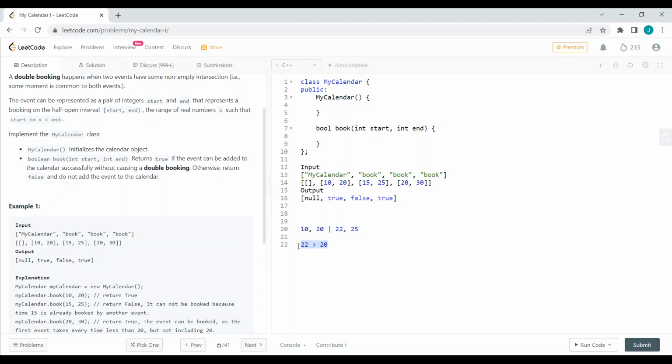So what I'm coming to say is, if we consider this as start 1, this as end 1, and if this is start 2 and this is end 2, then what we can say is, if my start 2 is greater than end 1, we can just continue. We don't want to do anything, because this is not going to make a double booking at all. Or else